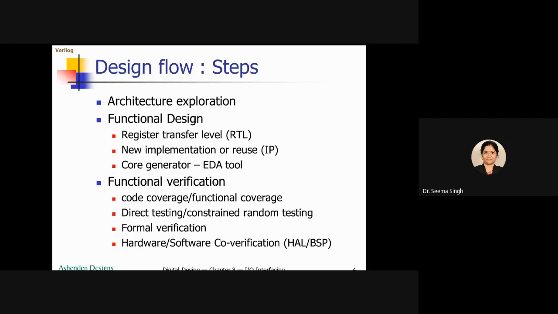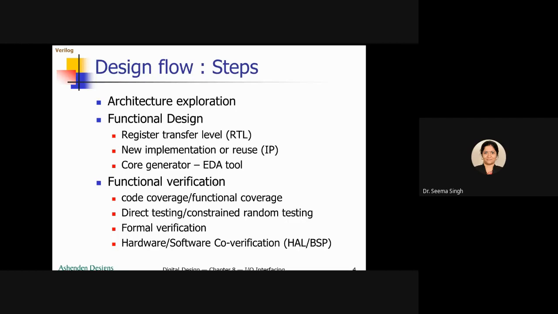Okay, so specific verification languages. There are specific verification languages also which you people would not have come across. Verification languages like Vera and E include features for specifying constraints and random generation of data values, which is used as stimulus to the DUV, that is, device under verification. So both direct and constrained random testing use checkers, which ensure that the DUV produces the correct output for each applied test case. Okay, so now you have understood, no?